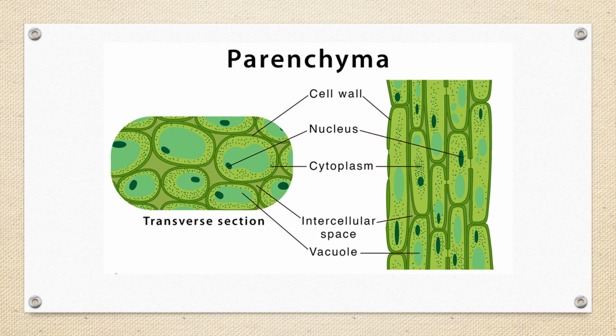In this picture, you can see a figure of a parenchyma tissue. In this one, you can see there is a thin cell wall and the nucleus has situated peripherally in the cytoplasm. And also you can see there are intercellular spaces among the cells. You can see all the features of the parenchyma tissue from this figure. And also the cells are isodiametric or they are spherical shape.